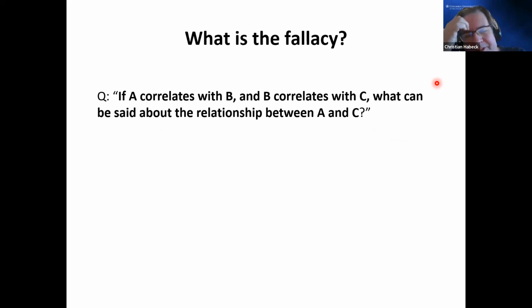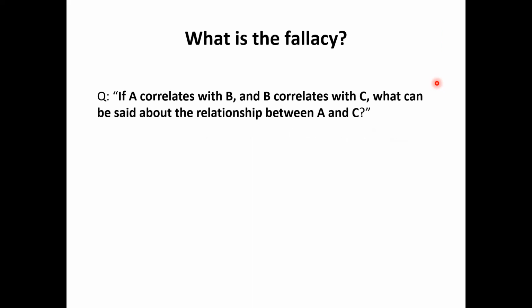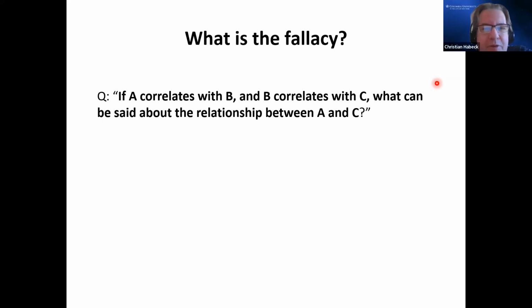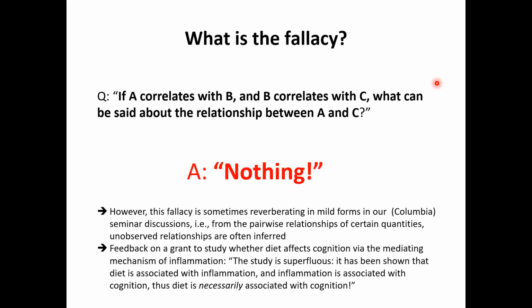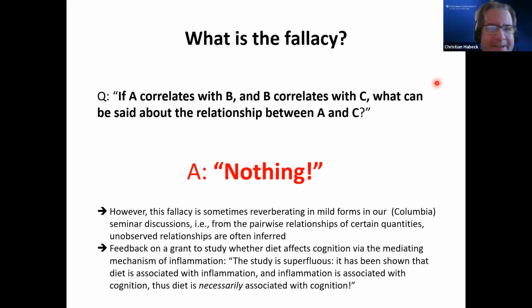With students this is much easier to do because you see a seminar room and you can ask people. Not to put you on the spot, but if A correlates with B and B correlates with C, what can be said about the relationship between A and C? Normally I would ask, anybody has an answer? Hard to do over Zoom. The answer is nothing whatsoever, right? Because correlation doesn't behave like a normal norm function. There is no transitivity there.